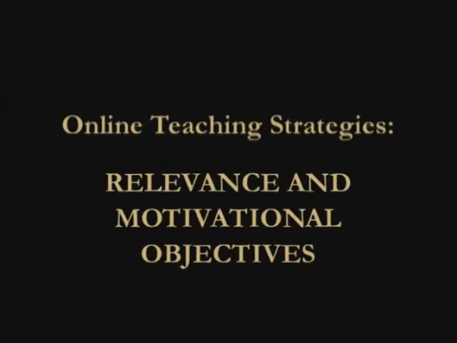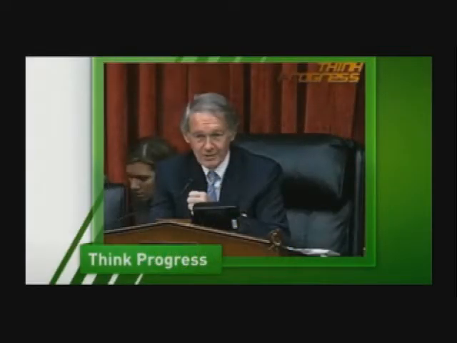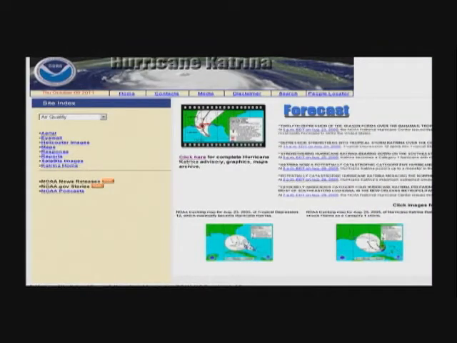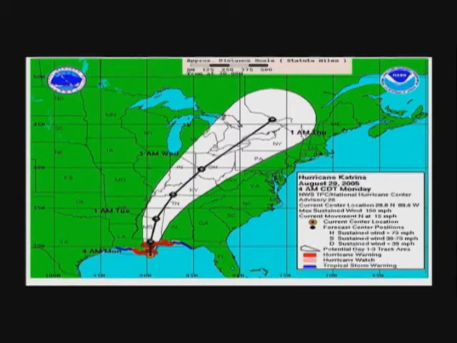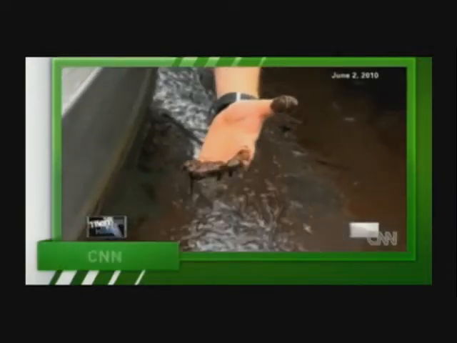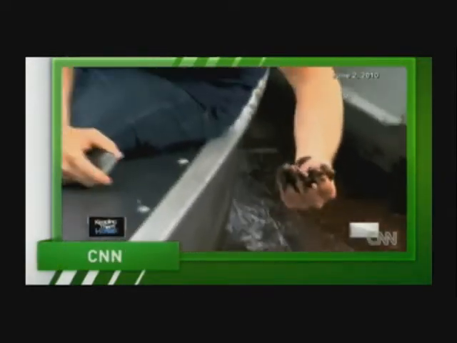There are events in the news that happen daily that are streamed live to CNN, BBC, and MSNBC. Things happen on a daily basis that you can incorporate into your class, from hurricanes or tornadoes, whether it's Katrina, Irene, or Ike, or you might have something like the BP oil spill and you're teaching petroleum engineering and have live data streaming up on CNN. How cool is that to think about? And it's not cool necessarily, but how interesting is that data for your students to potentially analyze and get them